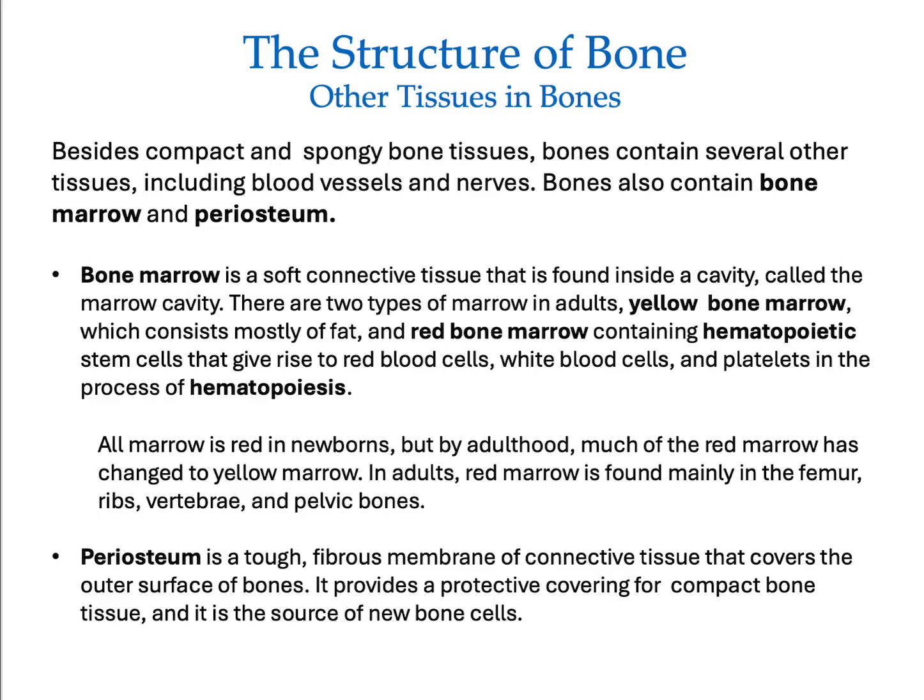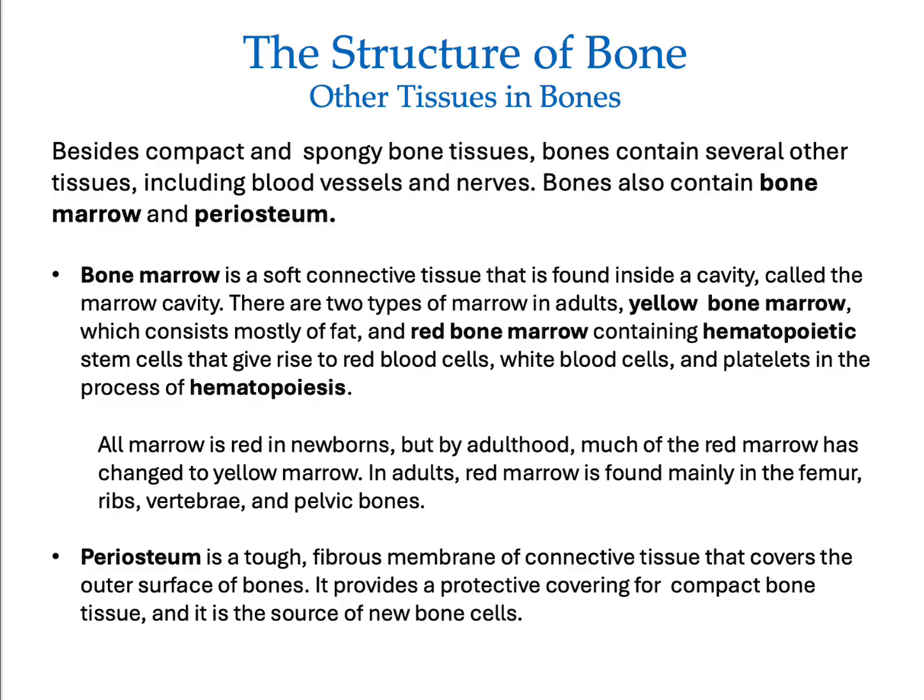Other tissues in bones. Besides compact and spongy, bones contain several other tissues, including blood vessels and nerves. Bones also contain bone marrow and periosteum. Bone marrow is a soft, connective tissue that is found inside a cavity called the marrow cavity. There are two types of marrow in adults: yellow bone marrow, which consists mostly of fat, and red bone marrow